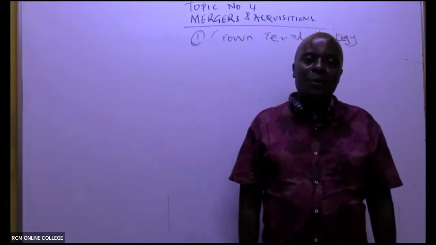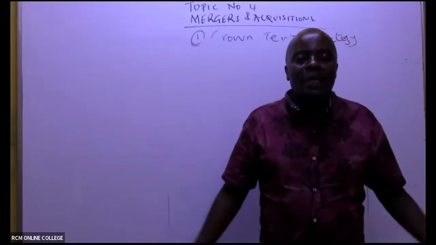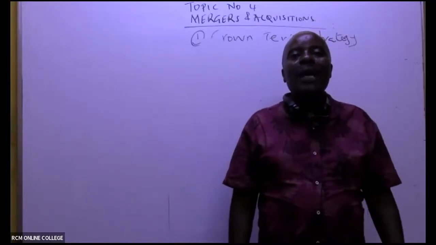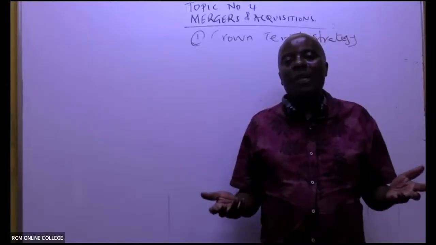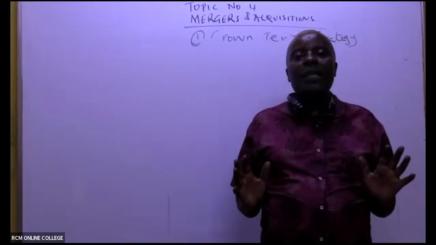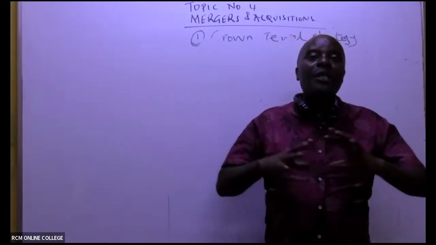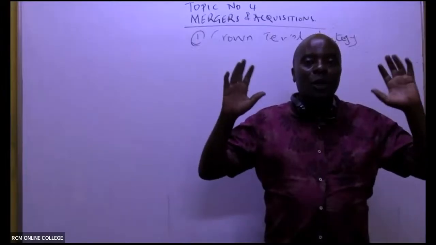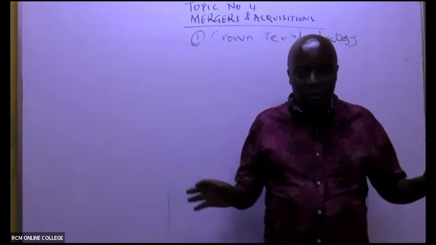So what do we mean with this poisonous pill? For instance, you could decide to go and acquire huge debts, knowing very well that you don't even need that money, but you simply acquire huge debt so that when other companies look at your statement of financial position, they see big liabilities. Nobody would want to acquire big liabilities to put them in their balance sheet.